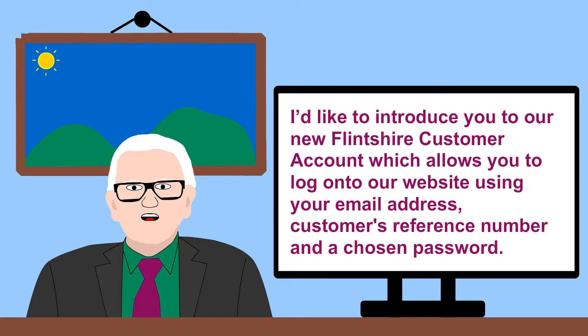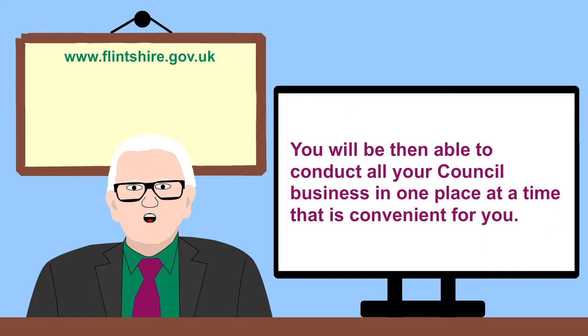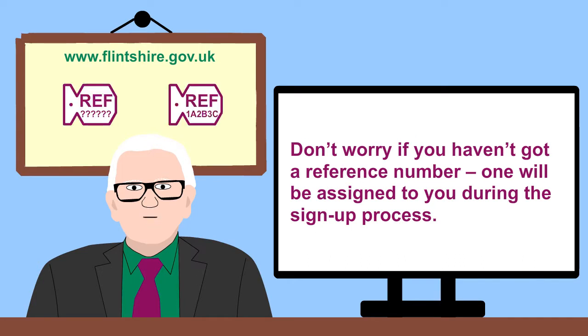I'd like to introduce you to our new Flintshire customer account, which allows you to log on to our website using your email address, customer's reference number and a chosen password. You will then be able to conduct all your council business in one place at a time that is convenient for you. Don't worry if you haven't got a reference number, one will be assigned to you during the sign-up